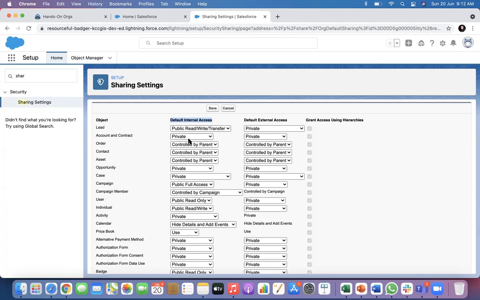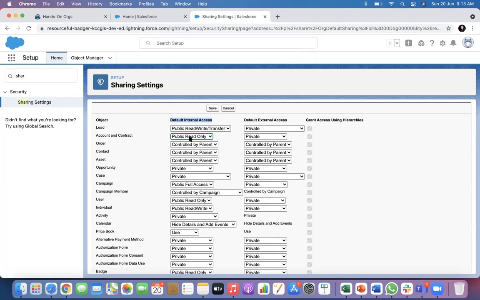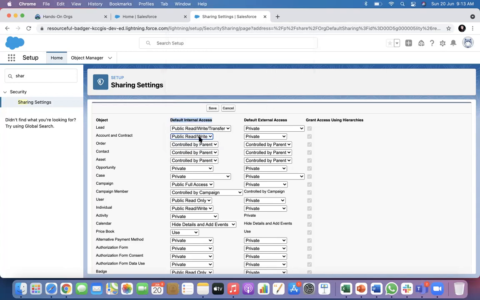So can a non-owner see others' records? No. Can a non-owner see others' records? Yes. Can a non-owner edit? No. If I change again, can a non-owner see others' records? Yes. Can a non-owner edit others' records? Yes. Clear? But provided his profile allows that, then only he can do that.